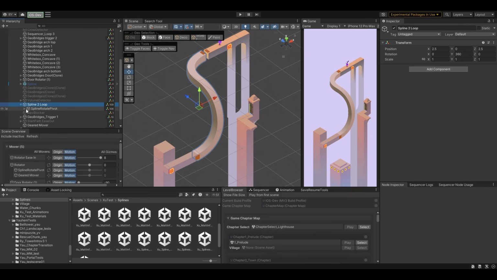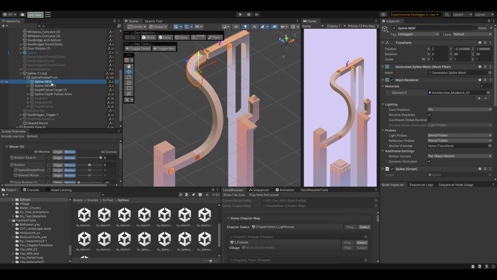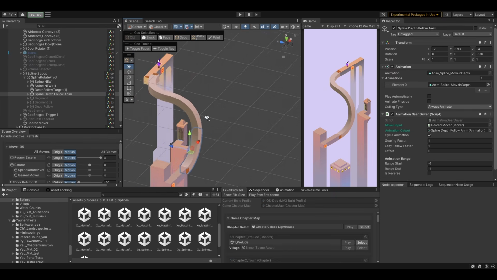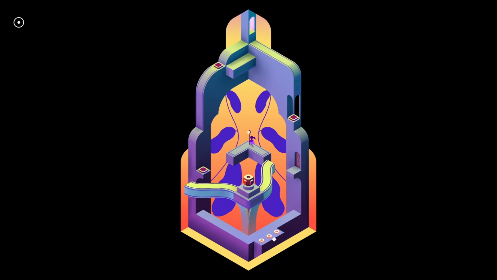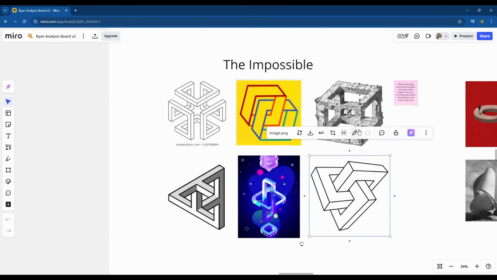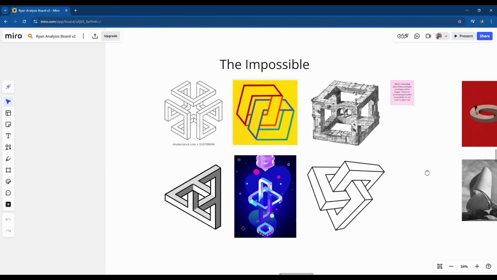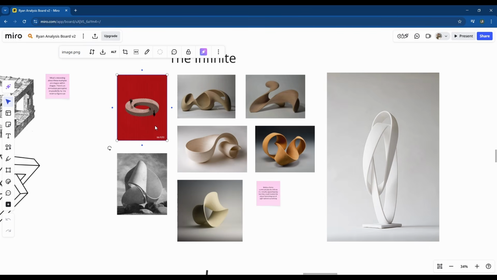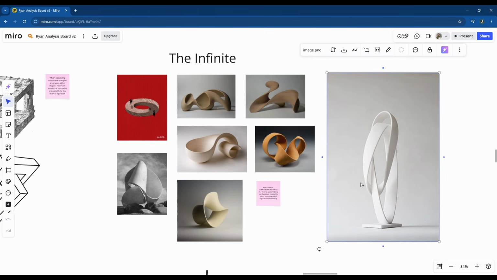I loved this prototype, and I thought that its mechanical representation of the infinite was perfect for what the narrative was trying to get at. With curved splines becoming more prevalent in the final chapters, it signals a shift towards the infinite, which the player finally encounters in this Mobius form. I felt like anything we do for the final level should use this Mobius prototype in some way, so I started to explore how we might signify that transition from the impossibility of Monument Valley geometry to a kind of infinity-based geometry for the final level.